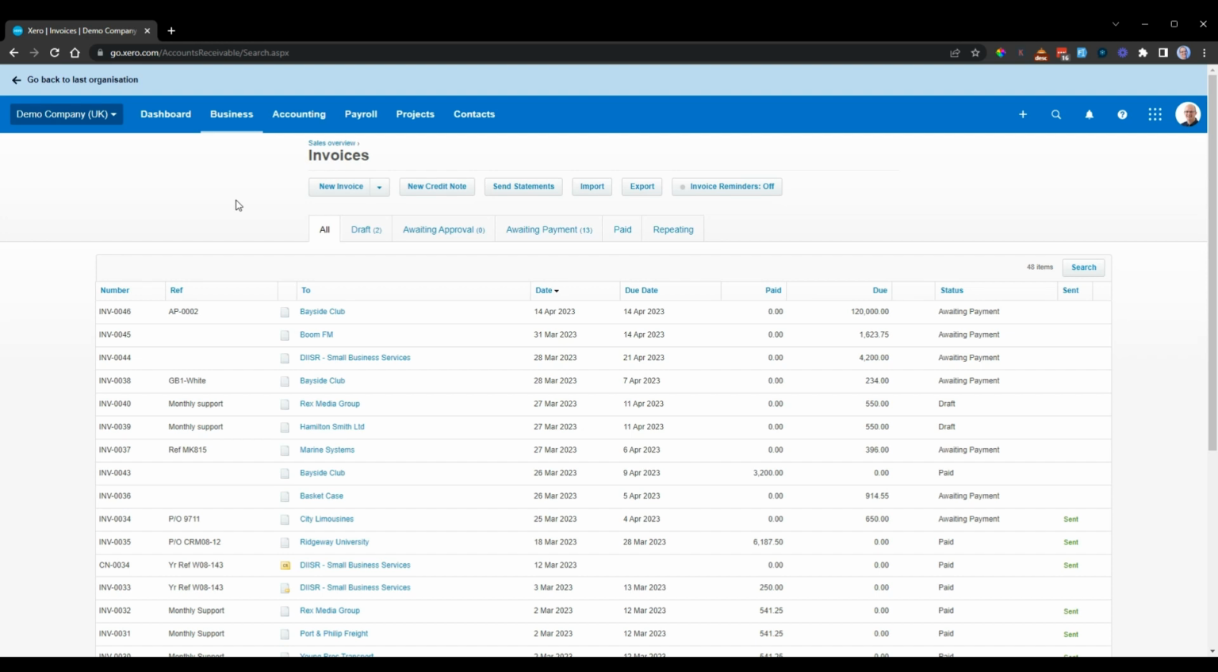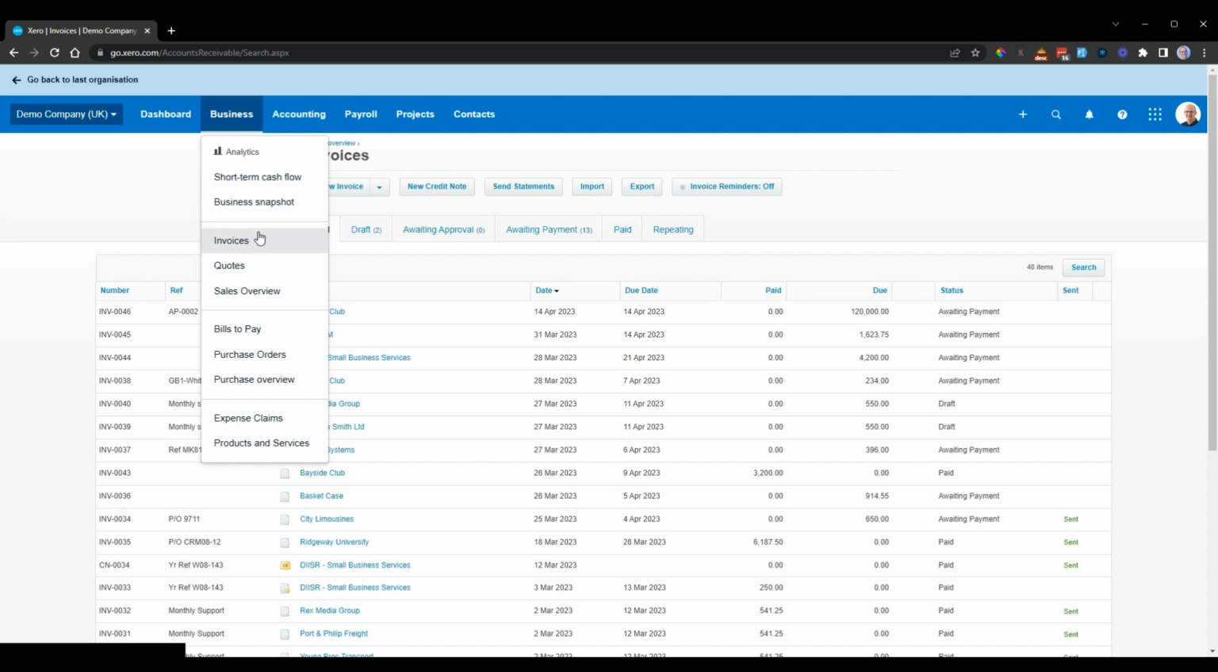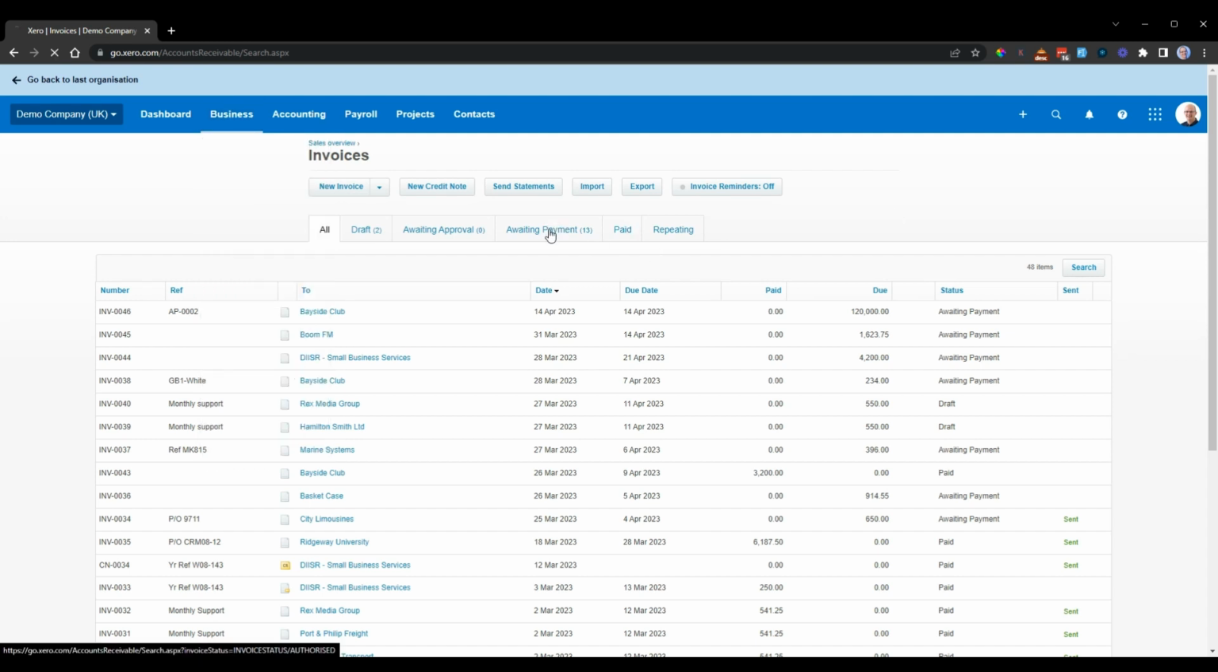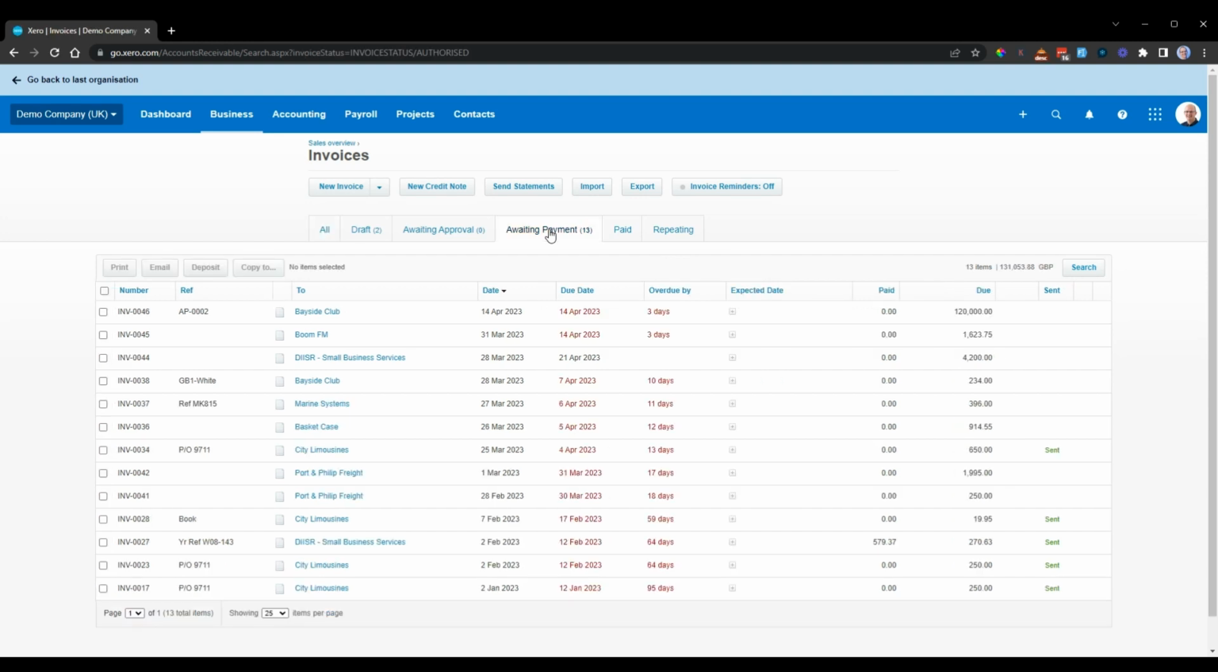So if I had a remittance advice come into me and I knew that a customer was paying a particular invoice, I could go to business and invoices. I could go to the waiting payment tab and do a search on that. And then I can just find the invoice from that section. So if a customer was paying, so Bayside Club, let's say they're paying this £234 invoice here, I could click on it, I could hit deposit,